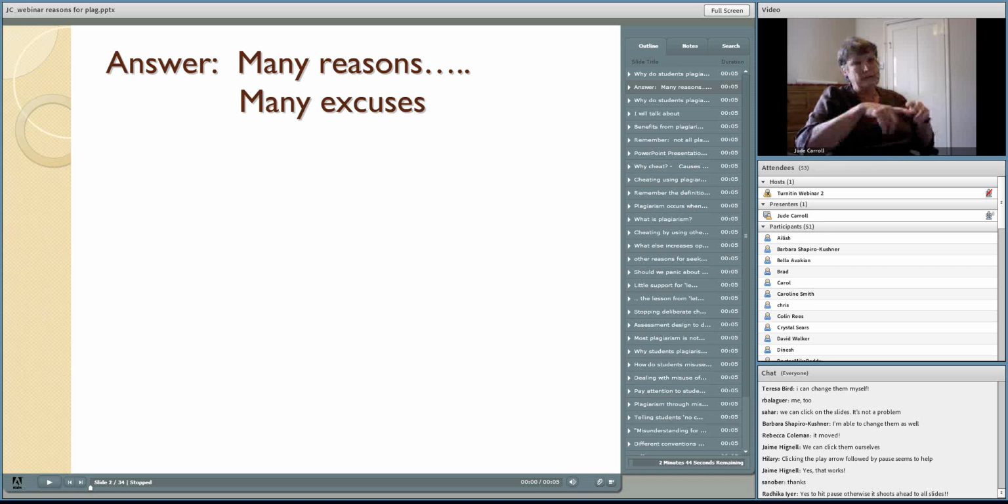I'm going to come back to that avoiding work part because later on we'll talk about how you design assessments where that avoiding work is not possible. They also want to create a false impression. They want the person who's seeing their work to think better of them than they deserve. That they want them to think they're a better researcher, or they've done more work, or they're a better writer, and so forth and so on. However, the causes are quite interesting.